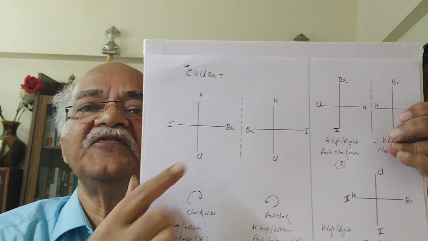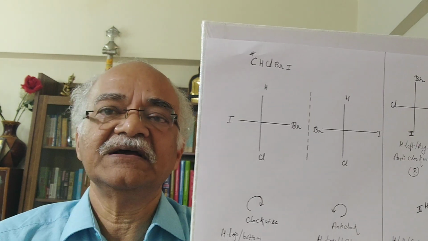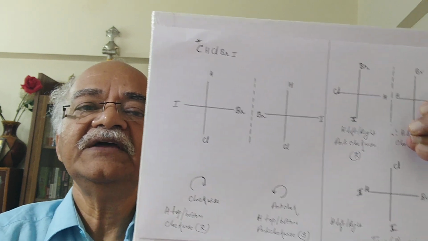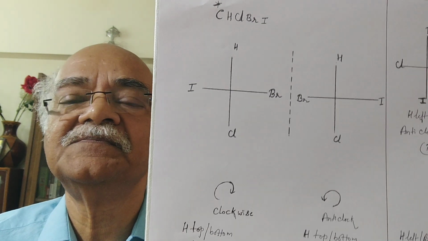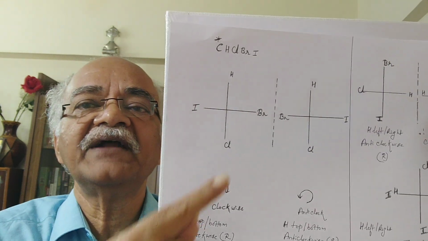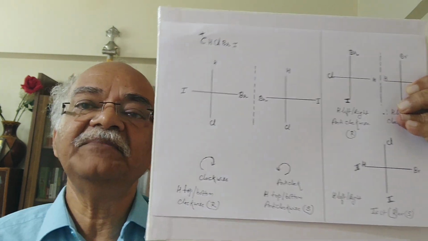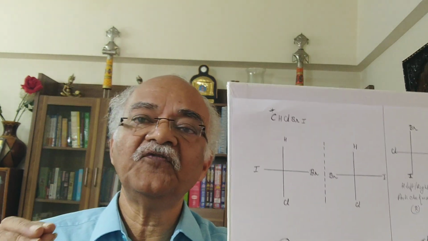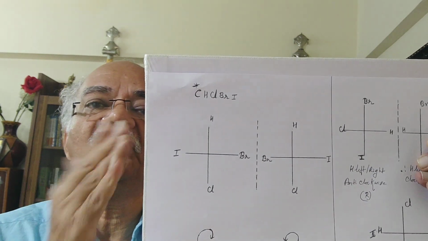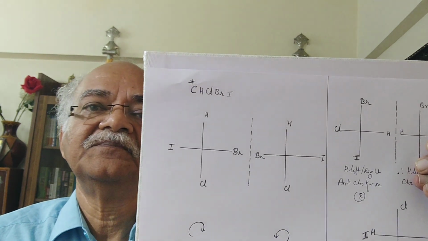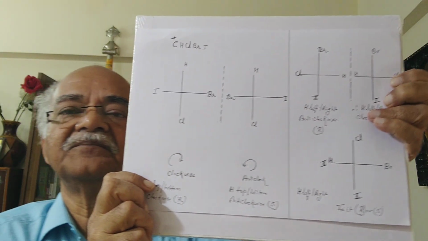There is one more way you can understand. Suppose in this existing configuration you go for one interchange, only one place, then you will get an enantiomer. If this is R, you will get the enantiomer of R, that is S. Only one. What have I done here? I did not change the location of H and Br, but I have made one exchange. Am I not getting the mirror image of that? So whenever you go for one interchange surrounding a chiral carbon, you will get the enantiomer. And I have written here, for example, this is one way of remembering.